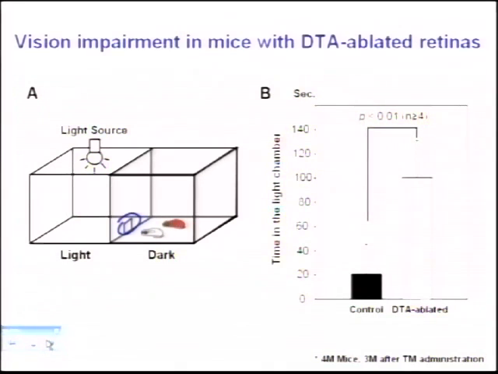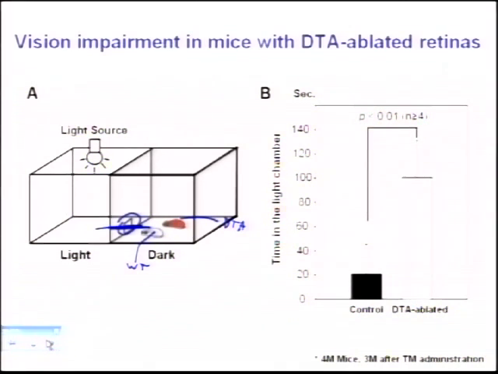We put the mice on the dark side, and we have a light source, so there's a light side of the box, and there's a little door. Here's a wild-type mouse, and here's a DTA mouse, so its ganglion cells are gone. If we put a wild-type mouse on the dark side of the box, it has a tendency to scurry back and forth, but mice don't like the light, and they like to be in the dark. So if you're a mouse and you can see, you don't want to be in the light. If you're a mouse and you can't see, you of course don't know if it's light or dark, and you move back and forth with equal frequency.